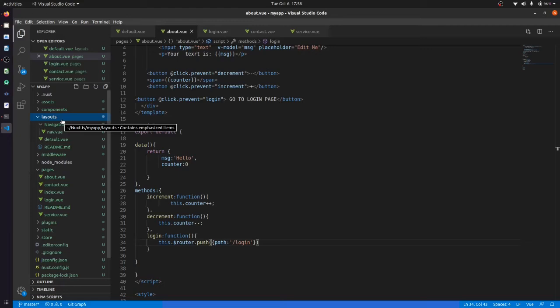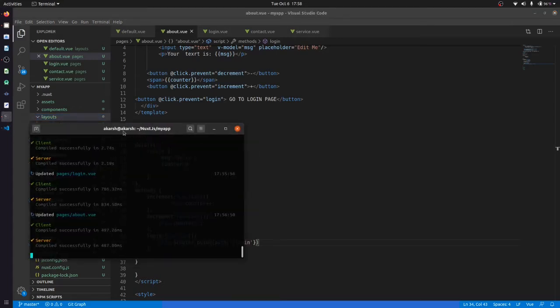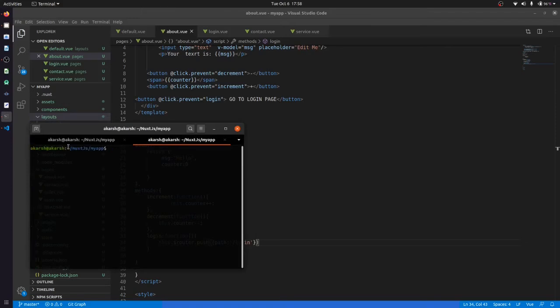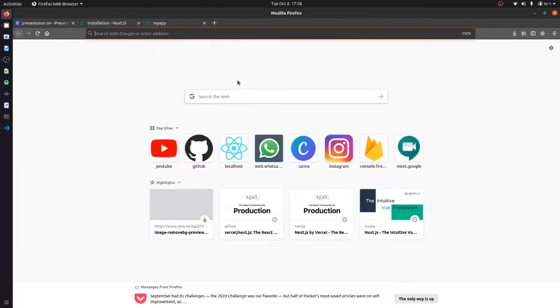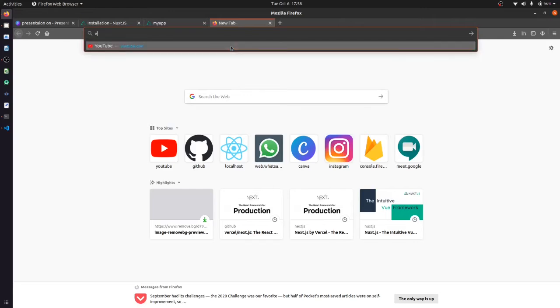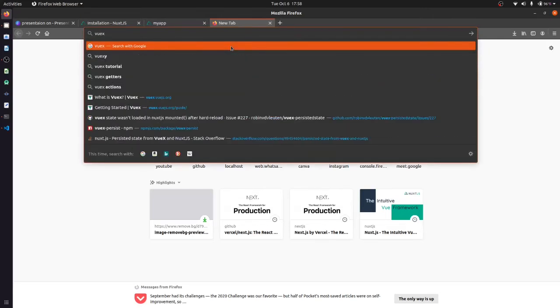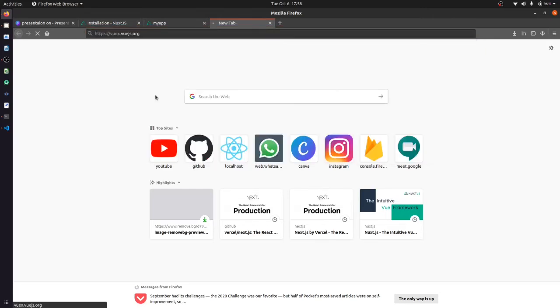Firstly, we have to add Vuex into our application. So let's go to Vuex. vuex.vuejs.org is the official site of Vuex.